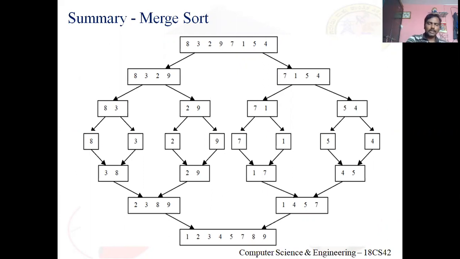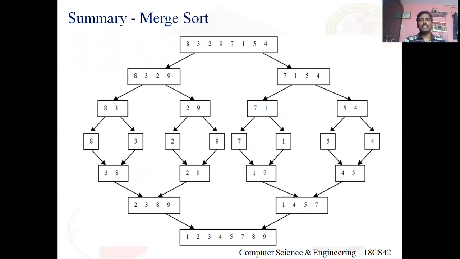8. Then this got divided into 2 subarrays, each of 4 elements. Again, they got divided into two subarrays, each of 2 elements. Finally, at the last, all those 4 subarrays got divided into 2 subarrays, each with 1 element. Got it? So an array with 1 element, I said, is already sorted, right? So they are nothing but solutions.